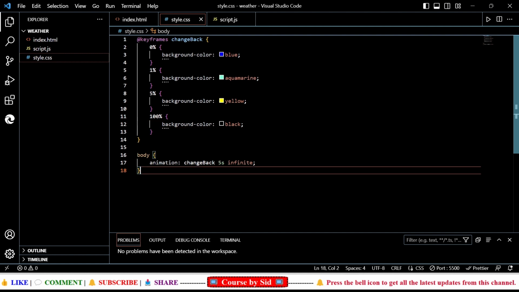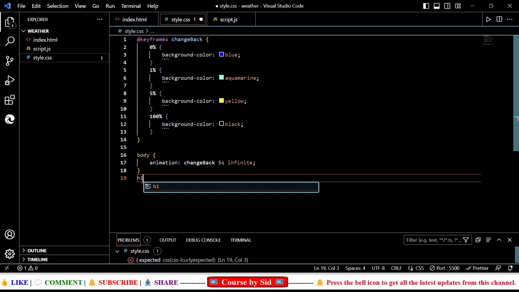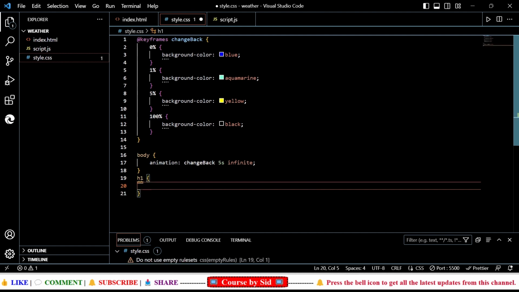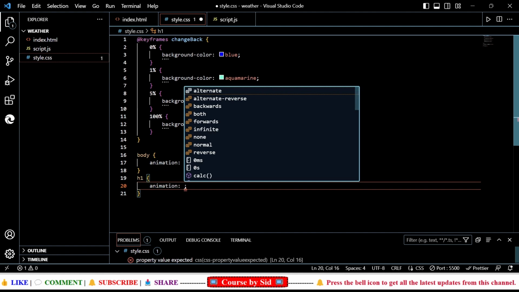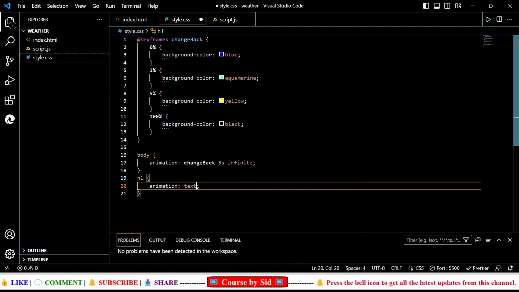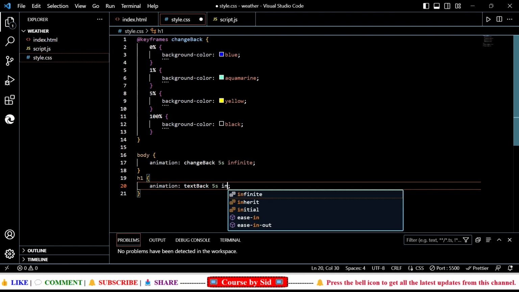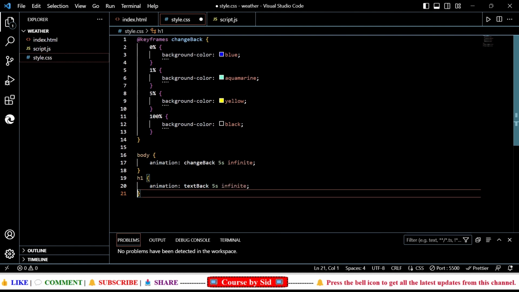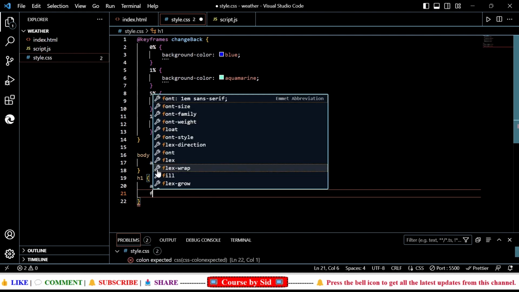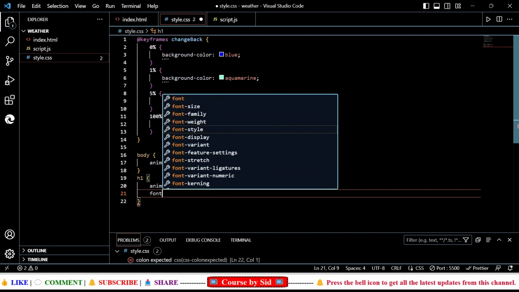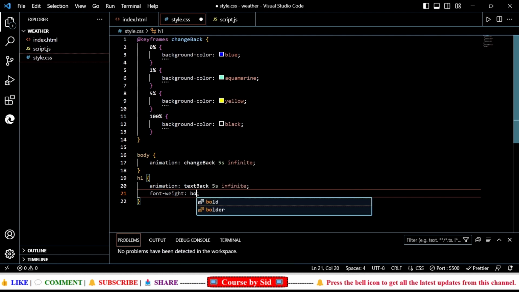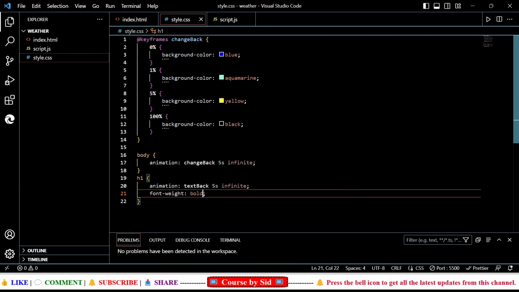Now after the body, what I'm going to do next is I'll style the h1 heading, right. Now for the h1 I'll write animation and then I'll write text back, and this will also be for 5 seconds and this will also be infinite, right, and here I'll write font weight, that will be bold, right,